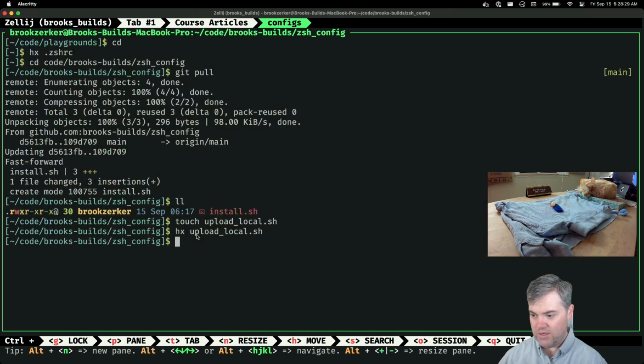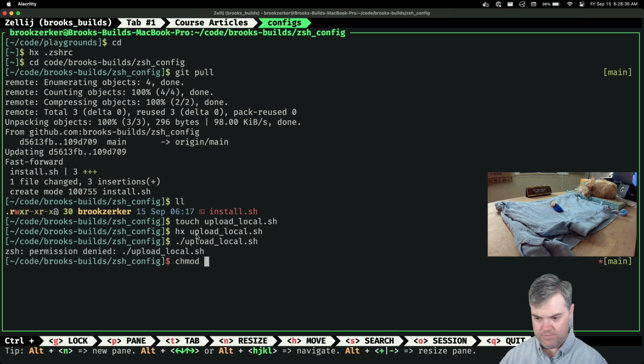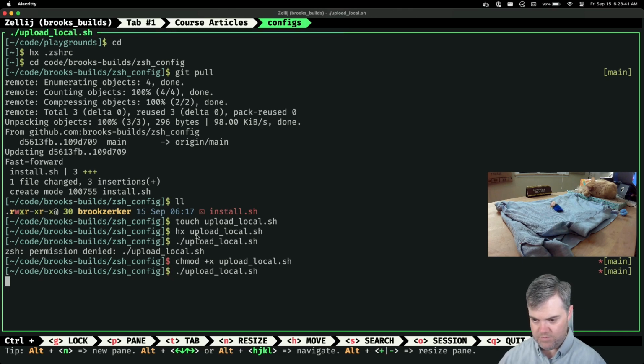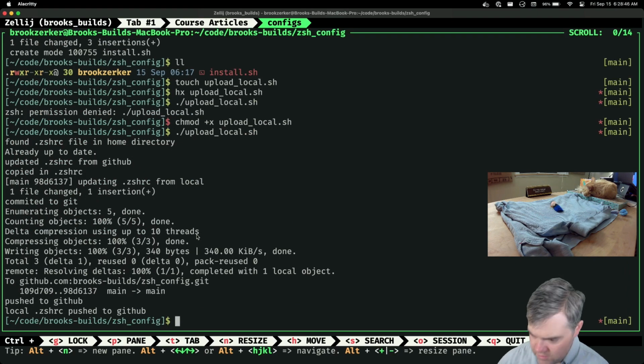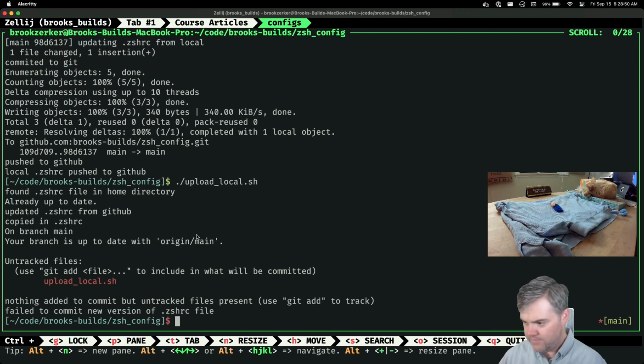So if I run this now, there we go. Local push to GitHub. Now if I try this again, that actually failed to commit new version of .zshrc file.